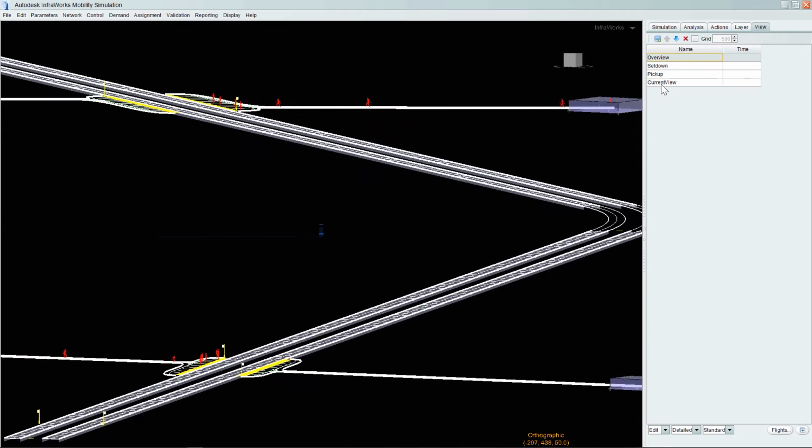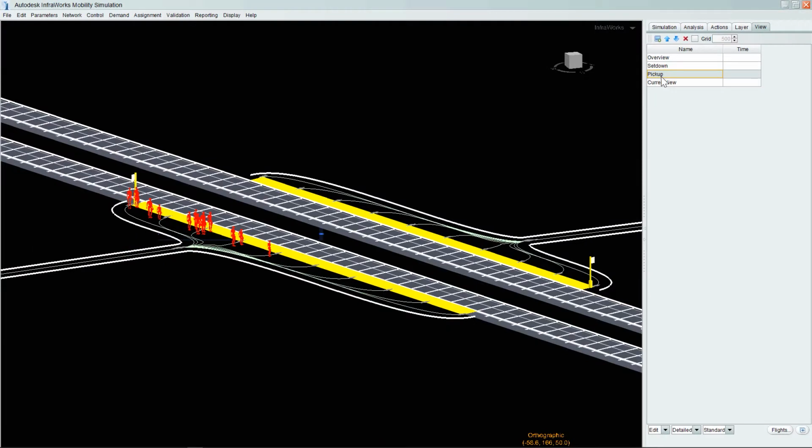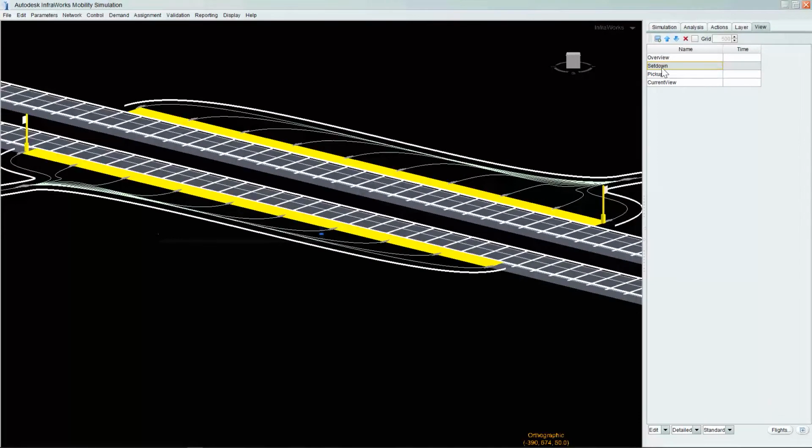So we can see how this is working, quite a long platform with many entrance points. The train then arrives, they get on the train, and then they arrive at the other end, and then they all get out and carry on. So this is what we're going to try and achieve.